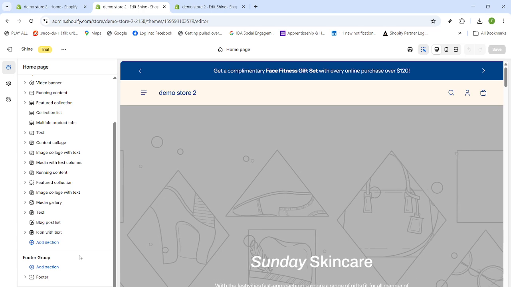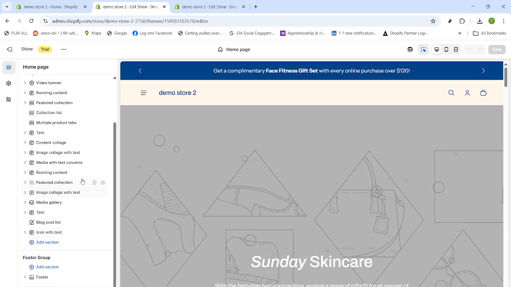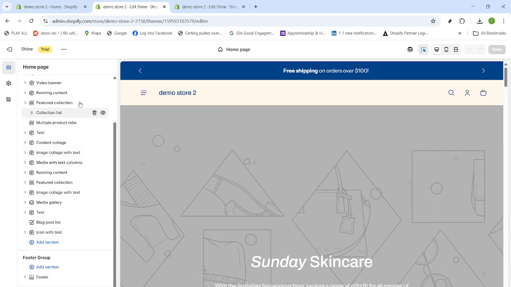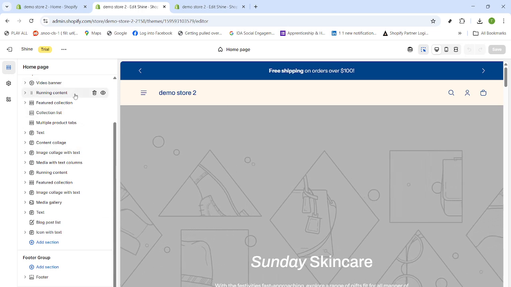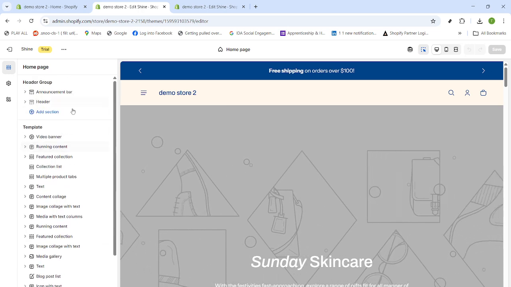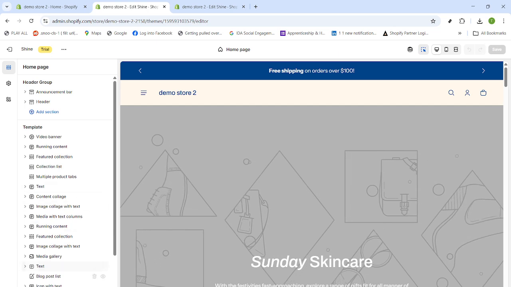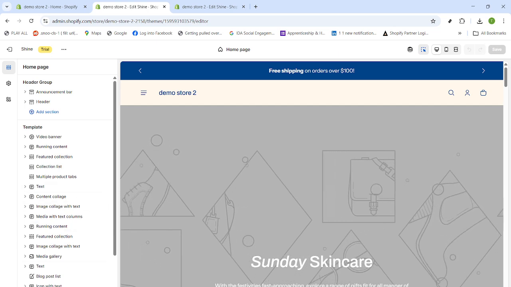As you make changes, use the Save button often, and switch between page templates and device previews to test consistency. When you're happy with the look, you'll be ready to publish the theme from the Themes page. That's it. Shine is installed, customized,